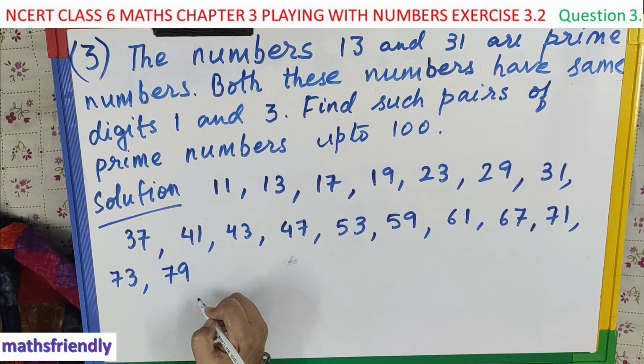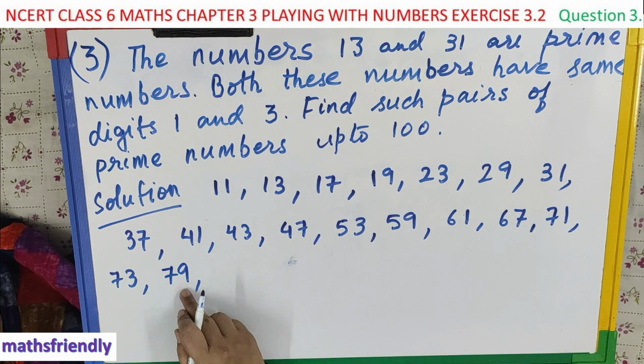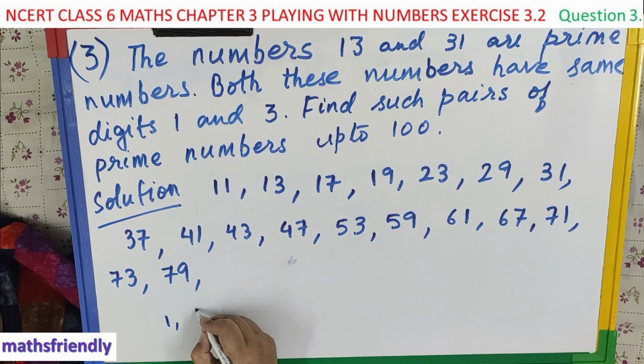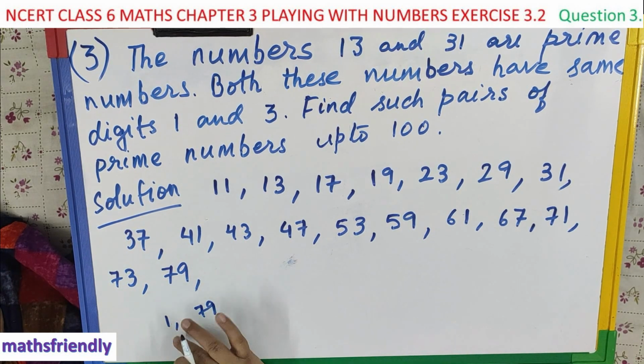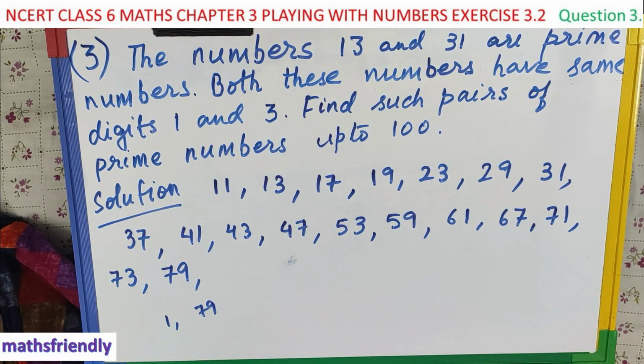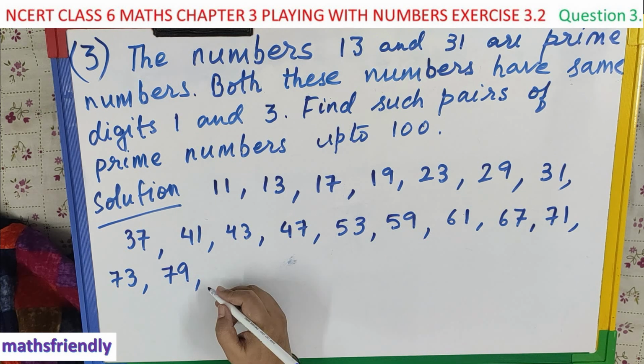Yes, 79 is the next prime number because this is only divisible by two numbers. It is divisible by 1 and it is divisible by 79. It is not divisible by any other number. Okay, it means it does not come in any other table. It comes only in one table and it comes only in the 79 table. Okay, so 79. After that 80, 81, 82, 83.